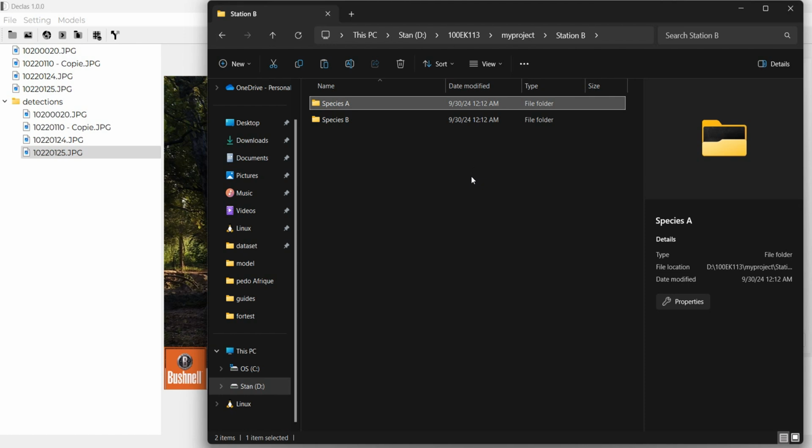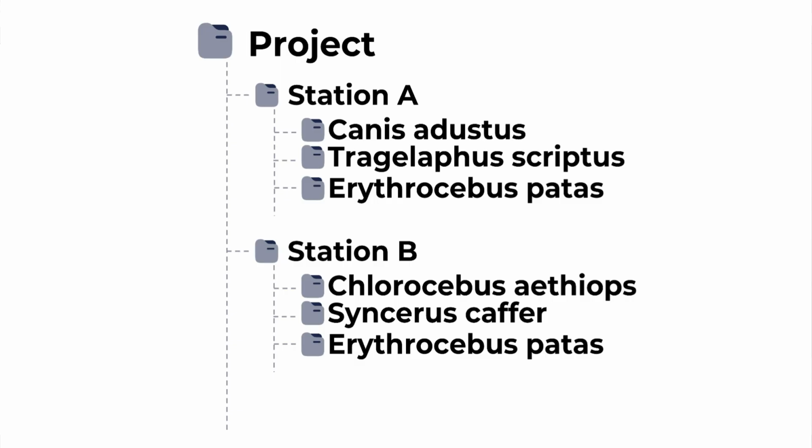Some species will not have images or media when you finish your study. That is not a problem, but this is a good approach I recommend to use. That helps you to have something like this.